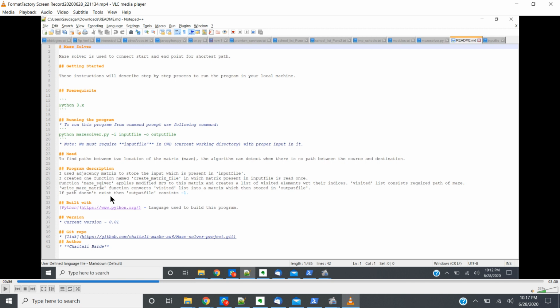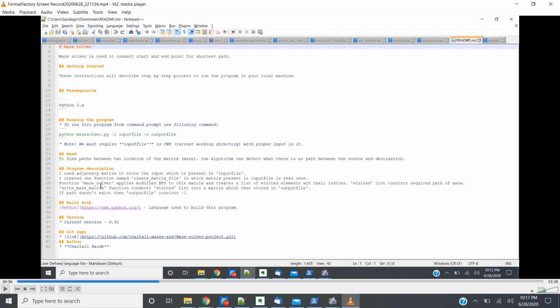My short description is MethSolver. In MethSolver, I use file handling, and in this I create a matrix file, which presents the input file as read. The input file is read in a function, and MethSolver applies BFS.